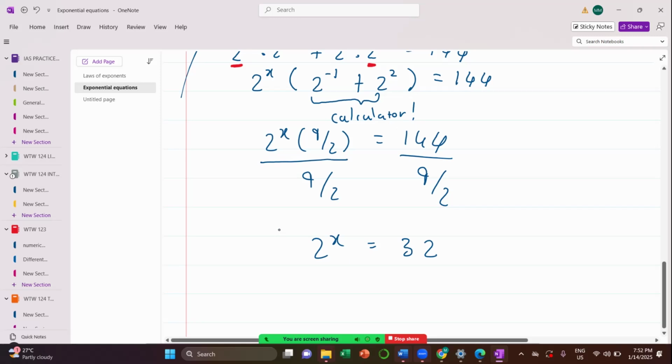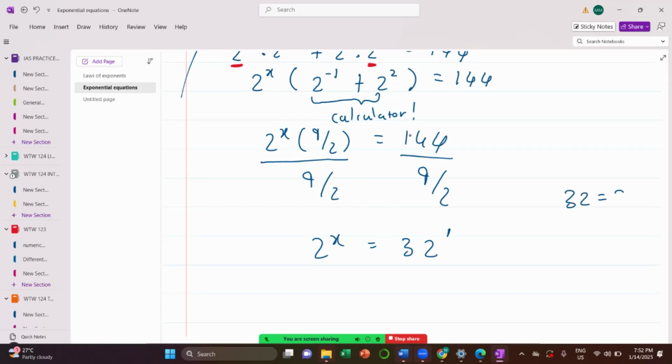But I see that here it's going to be base of 32 and exponent of 1, but here it's base of 2. So these bases are not the same. 2 and 32 are not. So I cannot say x is equal to 1. So I need to find the factors of 32. So that's why I'm going to have to say 32 is equal to 2 to the exponent of 5. So this is where I can just say 2 to the exponent of x is equal to 2